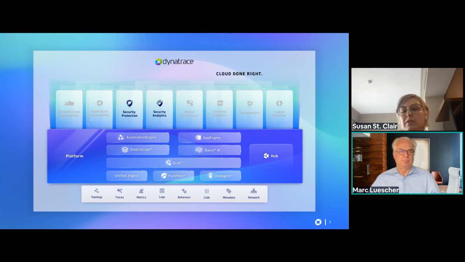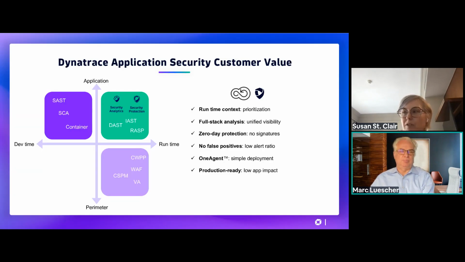I always say that Dynatrace's approach to security is really security through observability. We're just using that data for security use cases. In terms of our solution specifically, just to set the stage as we move into